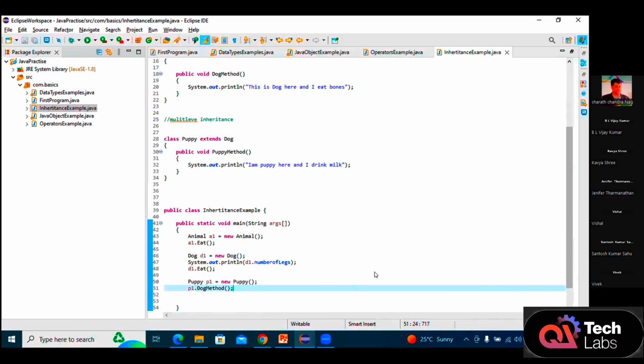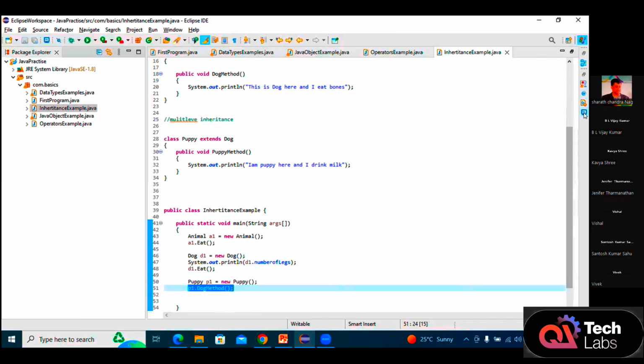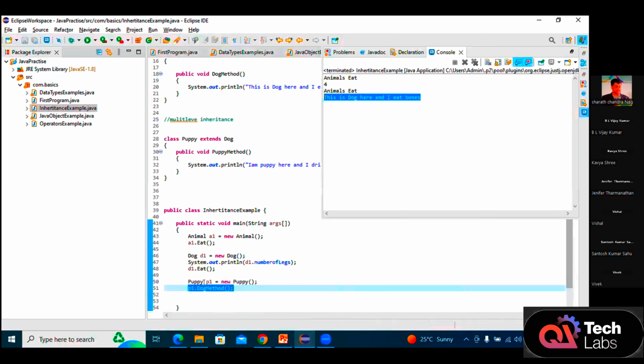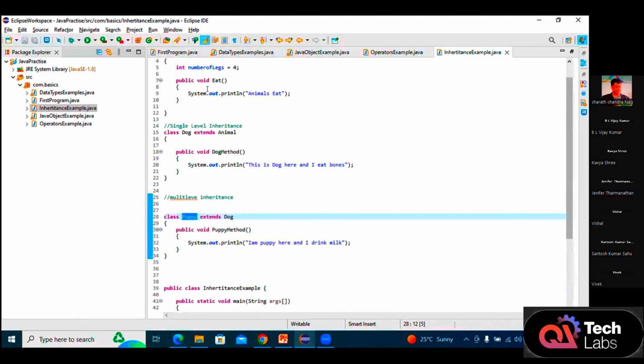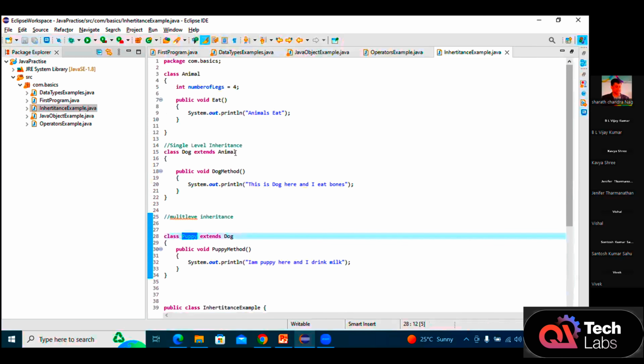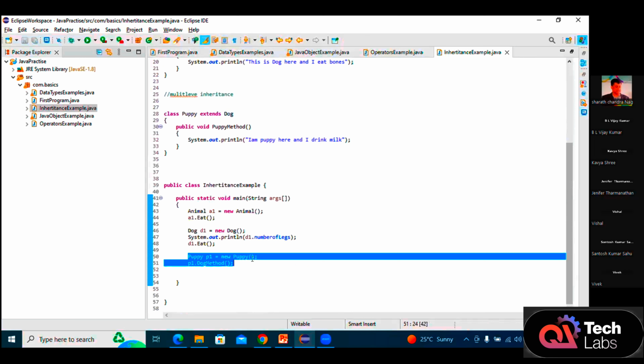So now if I run this program from my parent class, everything, see, Dog here is also being called over here. But for the object with respect to the Puppy class, since it is extending Dog and Dog is extending the parent class, I'll be able to get all the properties by just creating one object for the inherited class. Okay, so now how this is going to help from an automation standpoint is,